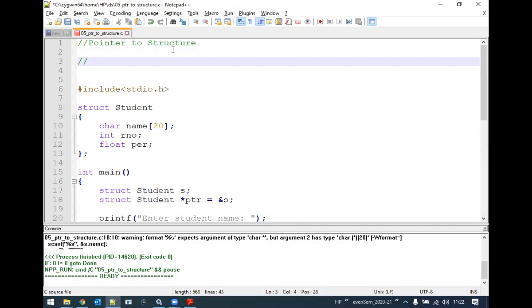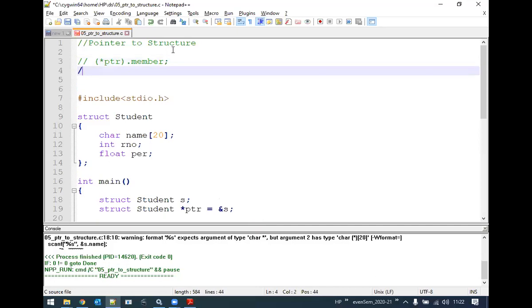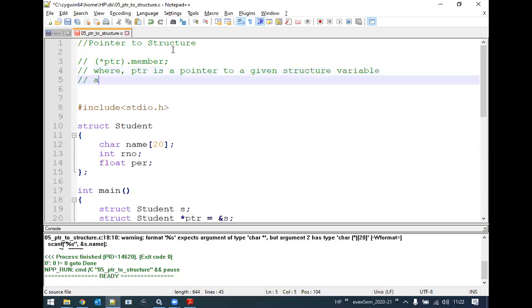It should be *ptr.member, where ptr is a pointer to a given structure variable and member is a member of the given structure.